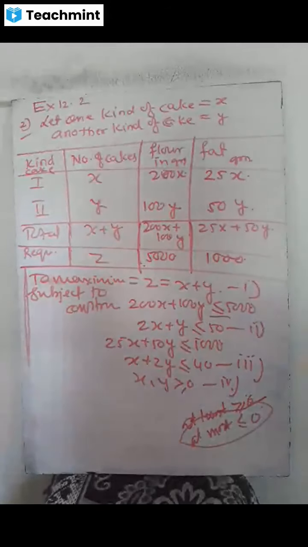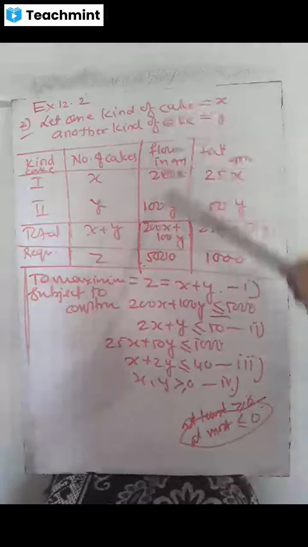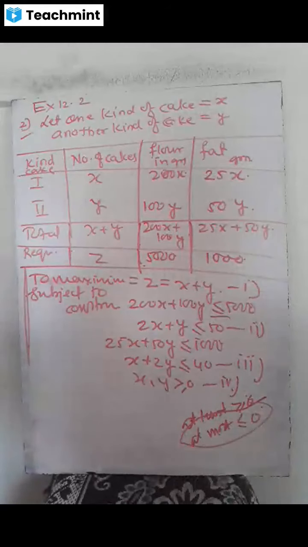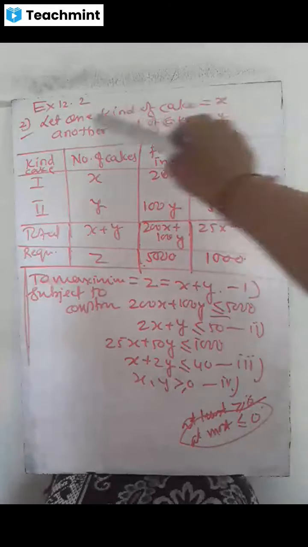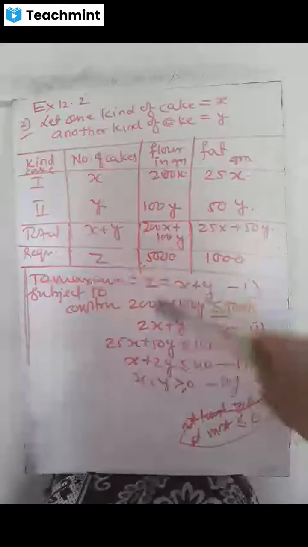Now this word problem we will first convert into equation form. As we have seen in the working rule previously, first you decide the values of x and y, then frame the equation for the unknown and then formulate for the maximum, find the subject to the constraints, then form a table as we did in exercise 12.1. We have to carry out all the remaining steps. The most important step here is that using the unknown values you have to frame the equation.